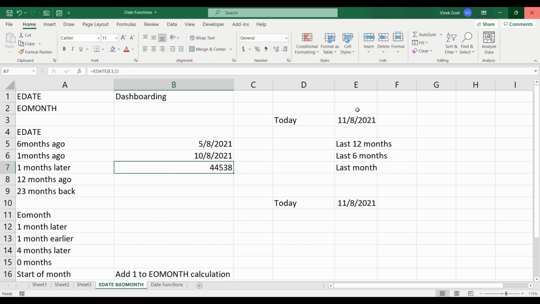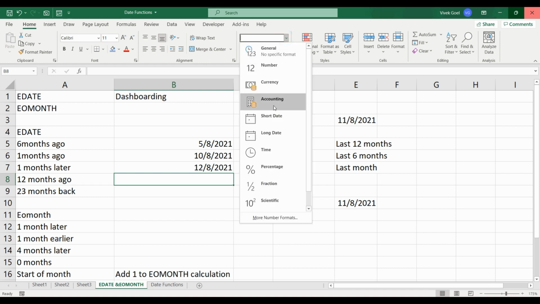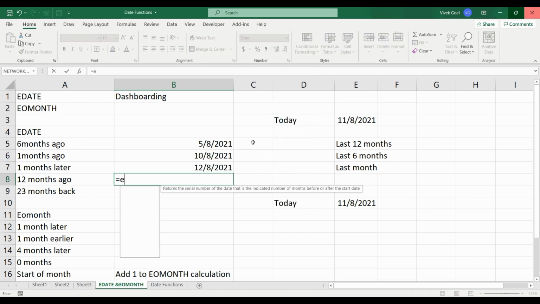As simple as that. So EDATE keeps the same date or day, but it changes the month and year when required. For example, here we want to go 12 months back. So it kept the same month, but it changed the year.